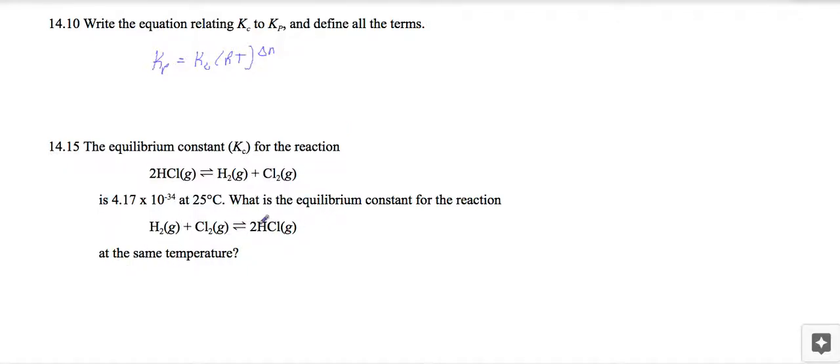Now for this one here, we have the equilibrium constant for this reaction written this way, and then we want the equilibrium constant for the reaction written in the reverse order. So if we think about the equilibrium expression in terms of that fraction of products over reactants, here's our hydrogen, there's the chlorine, here is the hydrochloric acid, or hydrogen chloride, I guess, is a gas. That's for this one. If we have the other one,